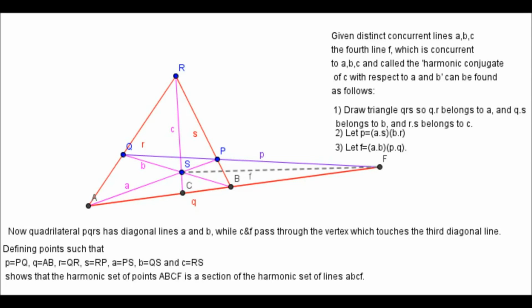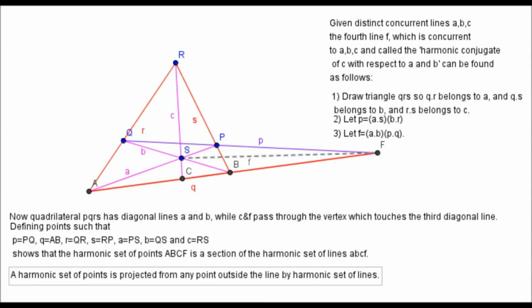So a more concise projective way to say this is that if you have a harmonic set of lines that are projected out from a point which is outside of some other given line, L,